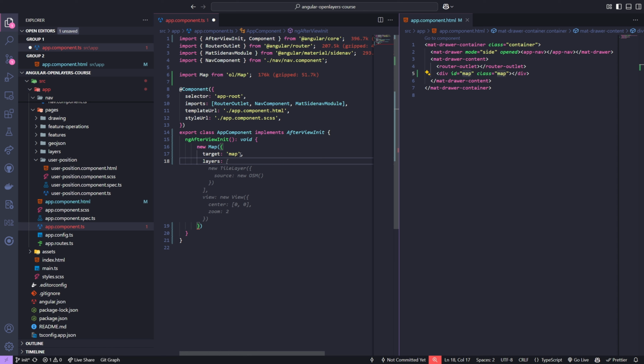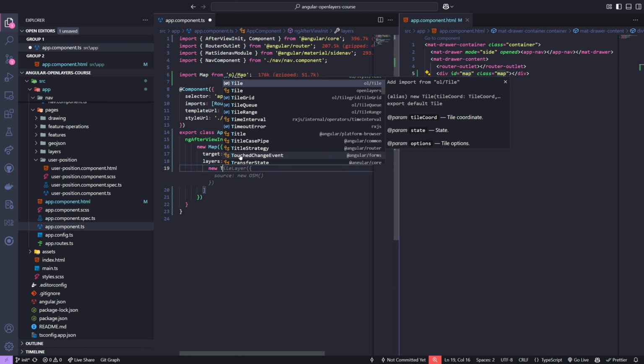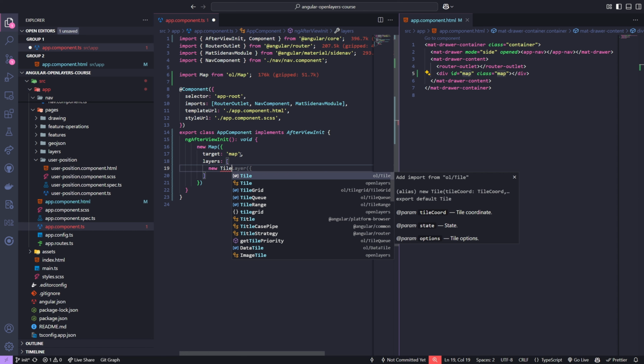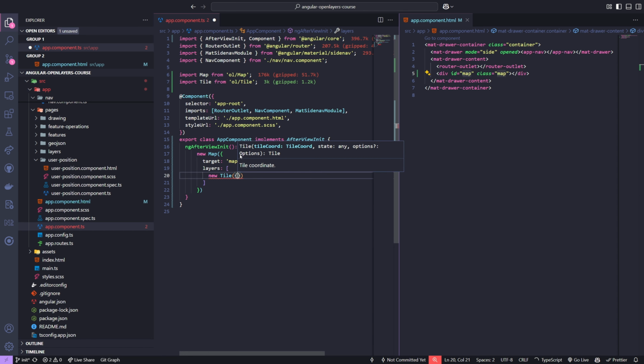You can define all layers on the start or add them later dynamically, but we will cover this later. For now, let's just add tile layer with OpenStreetMaps. Okay, layers, new tile with source,